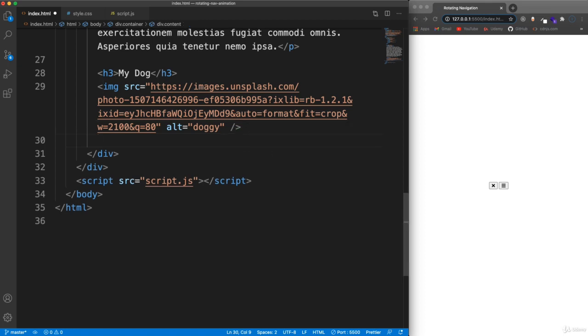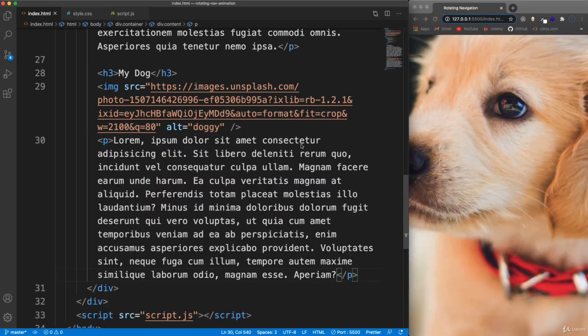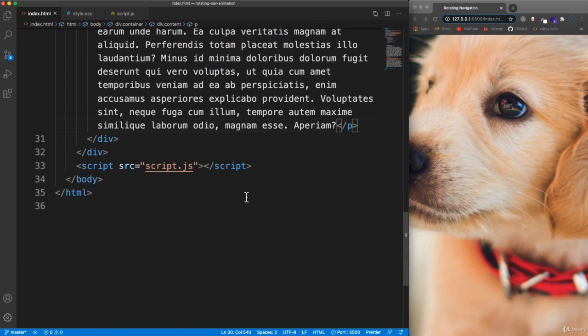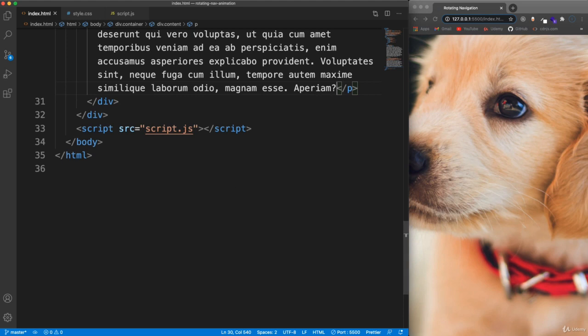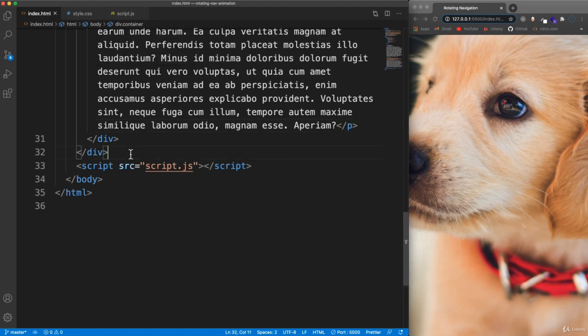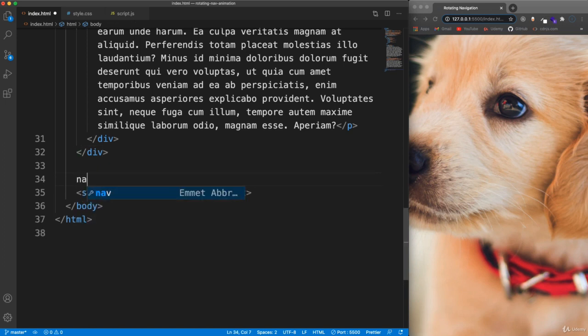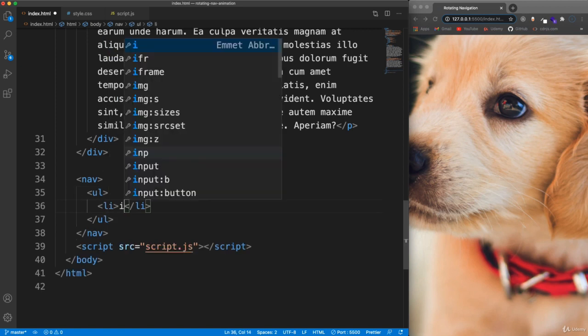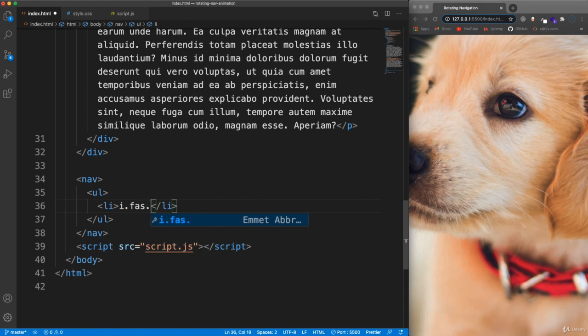And then underneath that, we'll have a paragraph. We'll do lorem 75. And save, and we get a cute little dog on the screen. So underneath the container, so the container ends here, the last div, we're going to put our nav. So let's just create an HTML5 nav tag with a UL. And then an LI, and I'm going to use icons here as well. So we'll do FAS and FA dash home, and then next to that icon we'll just say home,